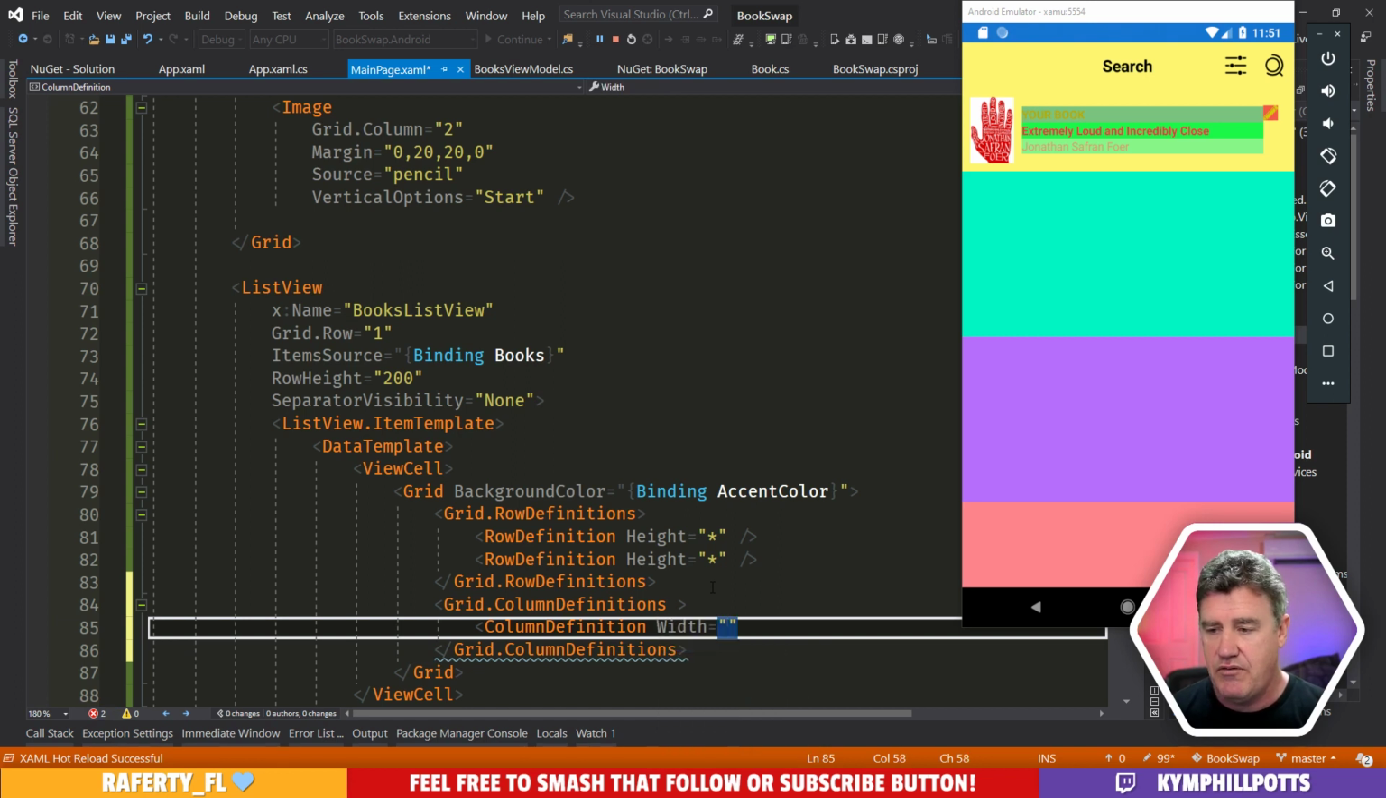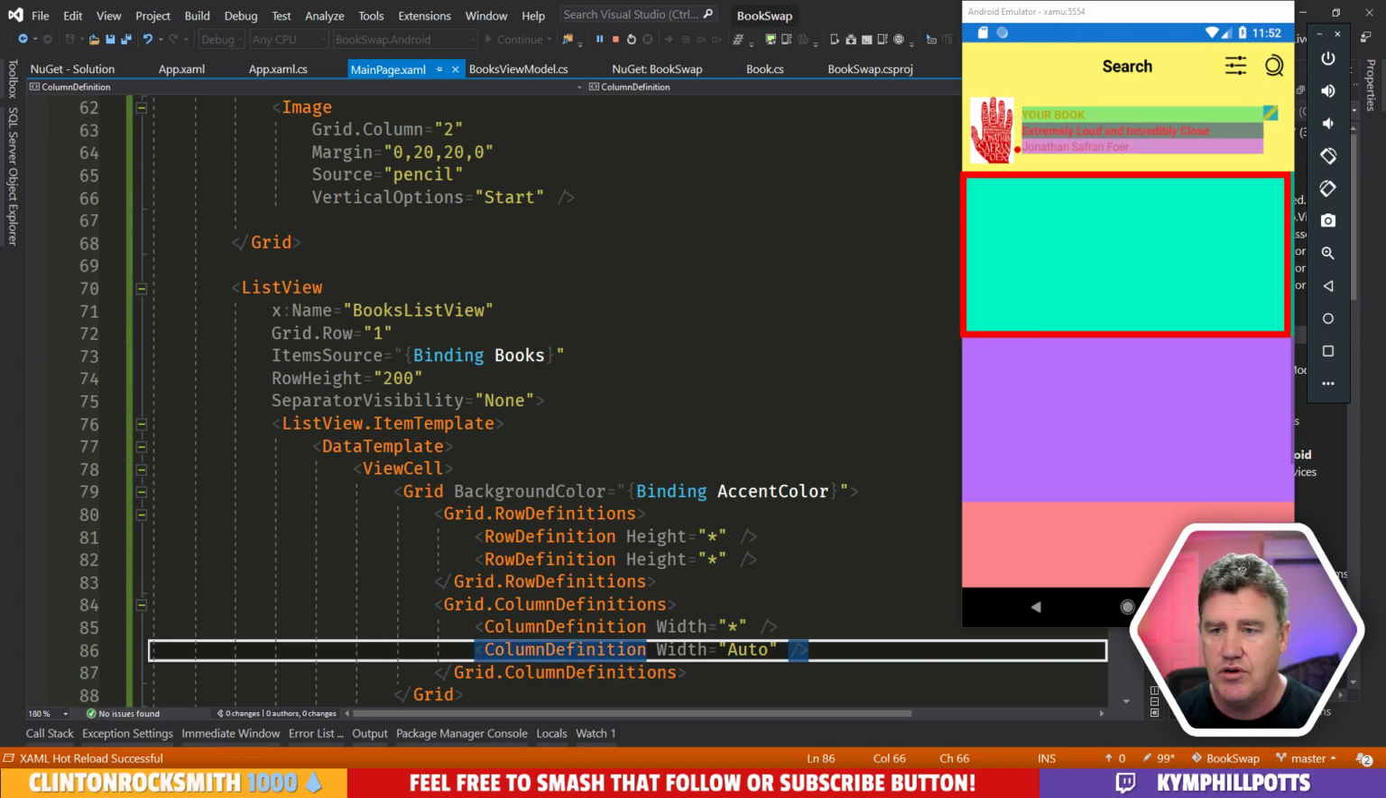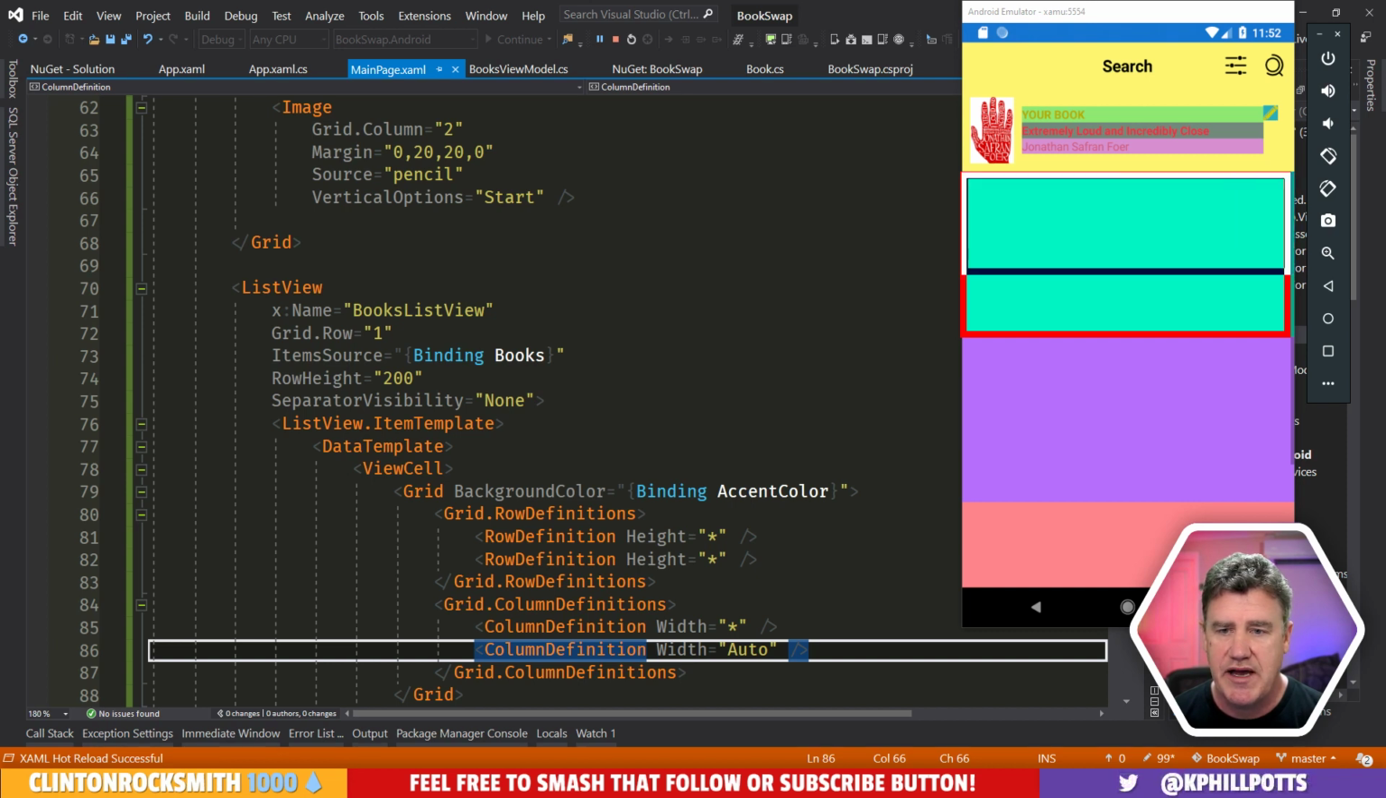So we're going to have 2 columns. The first column is going to be star width, right? Now here's where there's a slight optimization. You could do this, and you could say width equals auto, right? So what we're effectively saying is we've got two rows, they're evenly spaced, and then we've got a column which is auto sized. So the first column is going to take up as much space as it needs. The second one's going to be auto sized, but in this case,